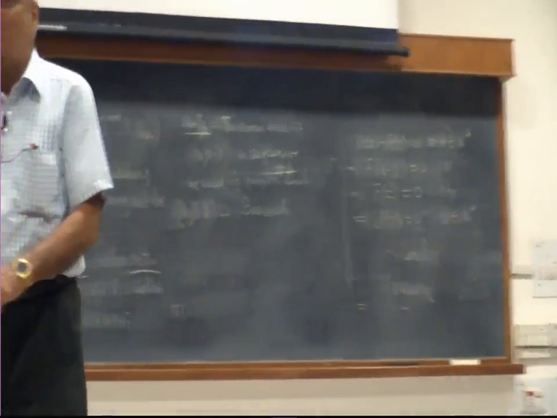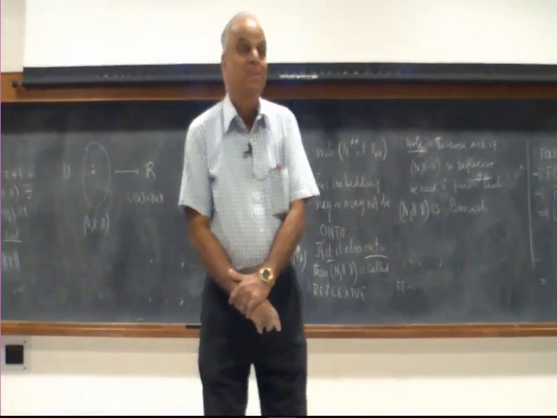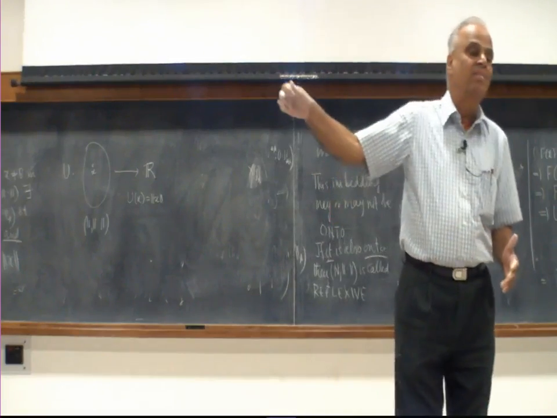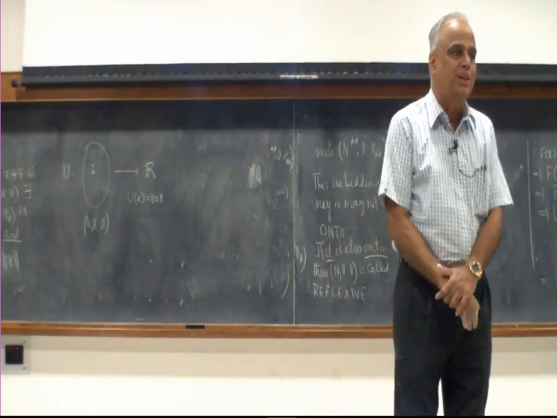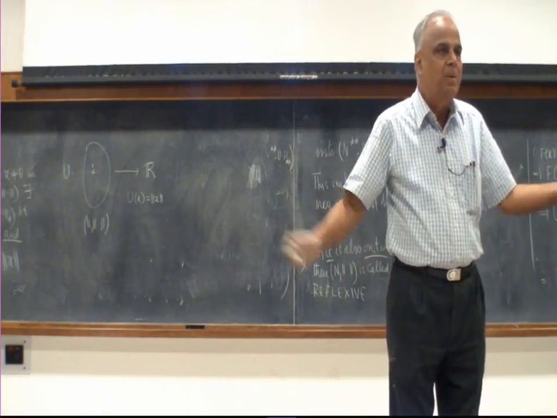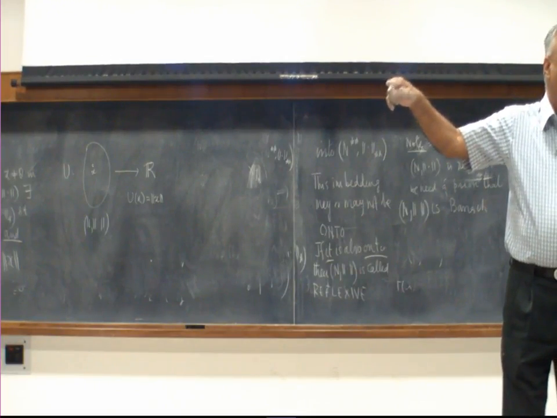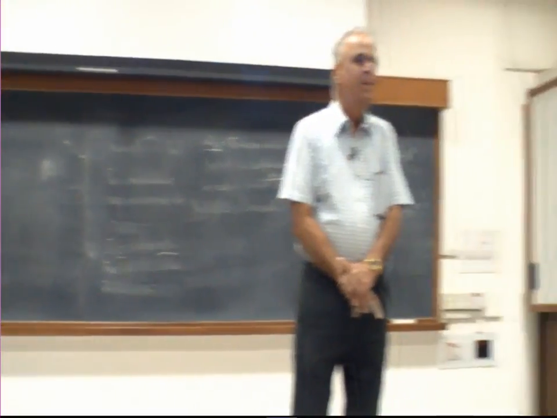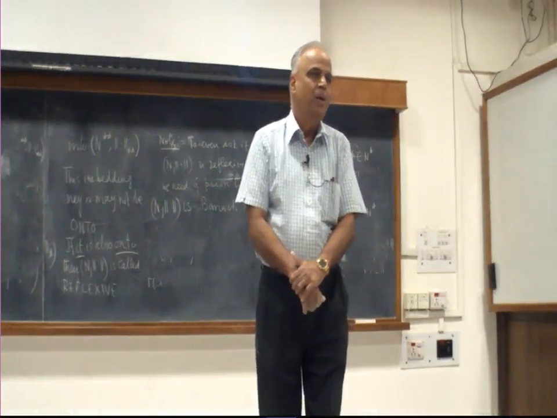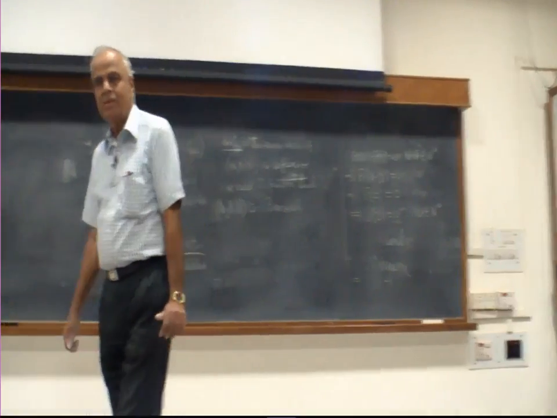But the problem is I want norm 1. And that's where the real problem is. If I give the values arbitrarily in the other part of the basis, that may bloat the norm and it may not even be bounded. So therefore I must control the values there in such a way that it is bounded and has the norm bound. So that is where the problem is.